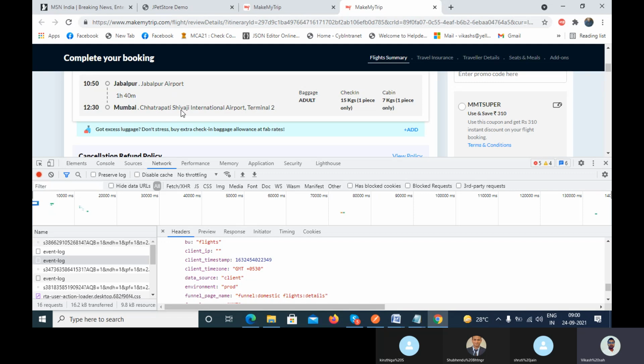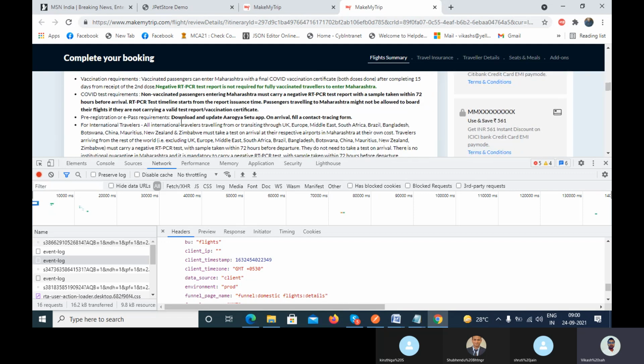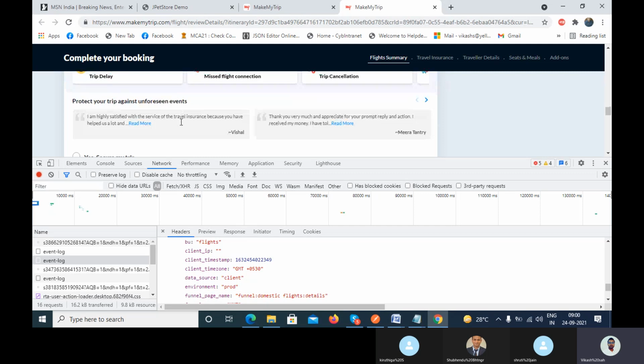So where you have to pass some of the detail to review the things, for that we have a separate request. At the end you have the payment request. At the payment you have to pass a couple of things, and then you can connect with the server, and then you will get the response like you have successfully done with the payment. And then you can use the get call to check the status of the payment.